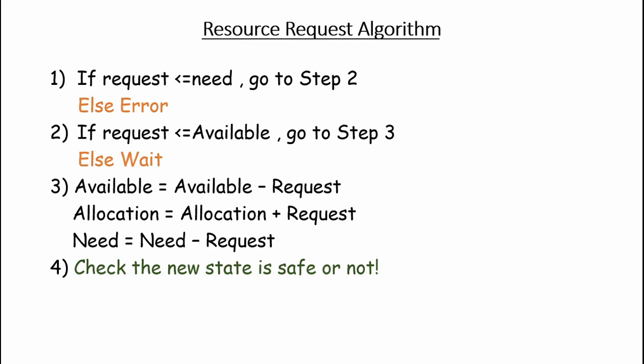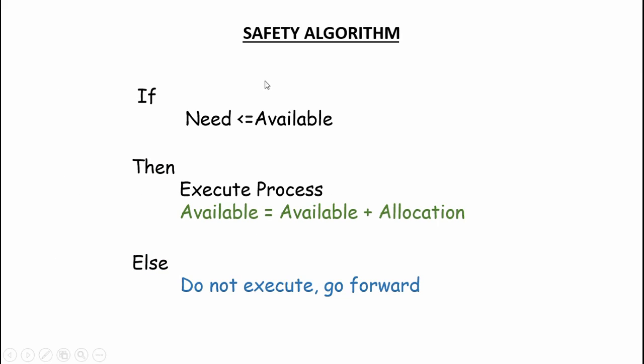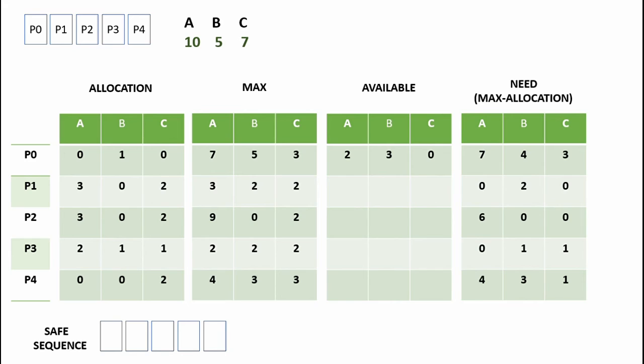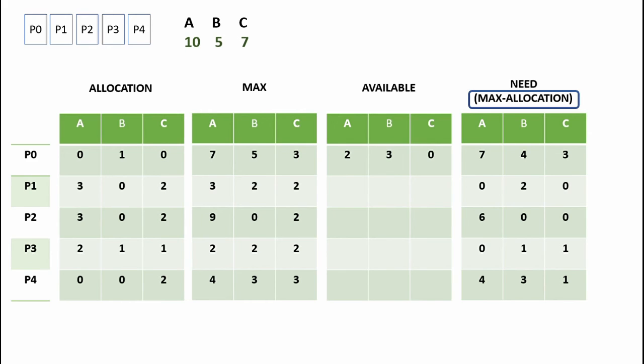Okay, so now we have to check whether our new system is in a safe state or not. And how do we check the safe state? Using that same safety algorithm. So for this we need to use the safety algorithm and find the safe sequence. For it we need the need matrix, and for processes P0, P2, P3 and P4, our need matrix is calculated in the same way from the maximum minus allocation formula, and for P1 we have updated it earlier.